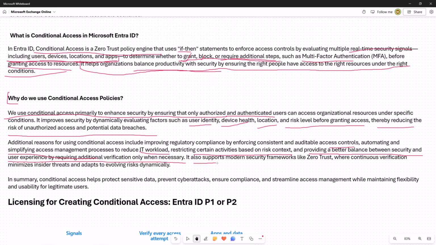It also supports modern security frameworks like Zero Trust, where continuous verification minimizes insider threats and adapts to evolving risk dynamically. So this is a lot of statements,